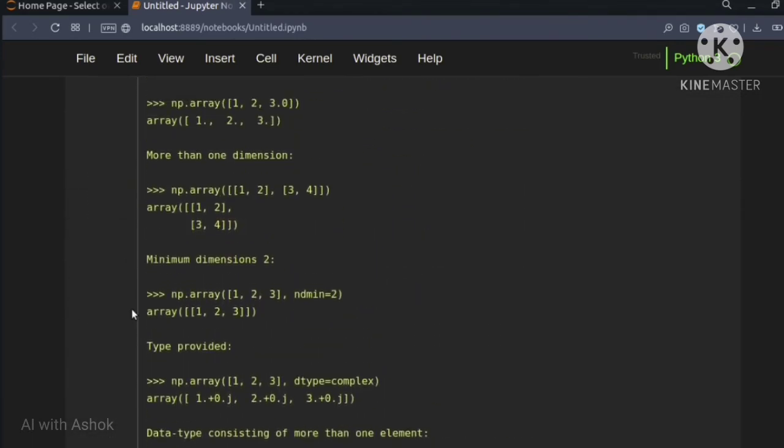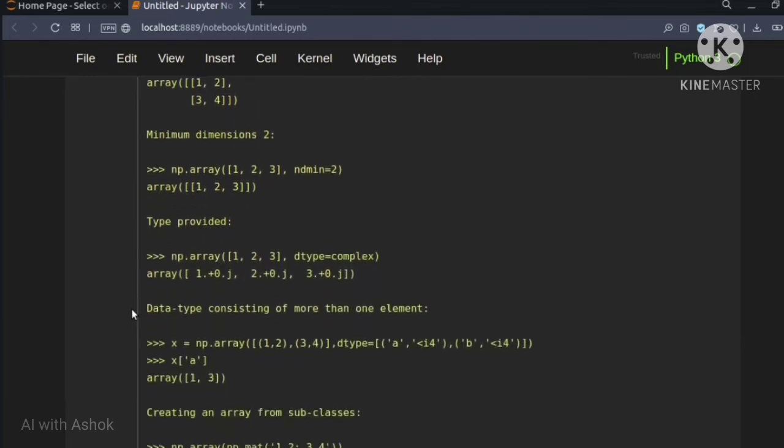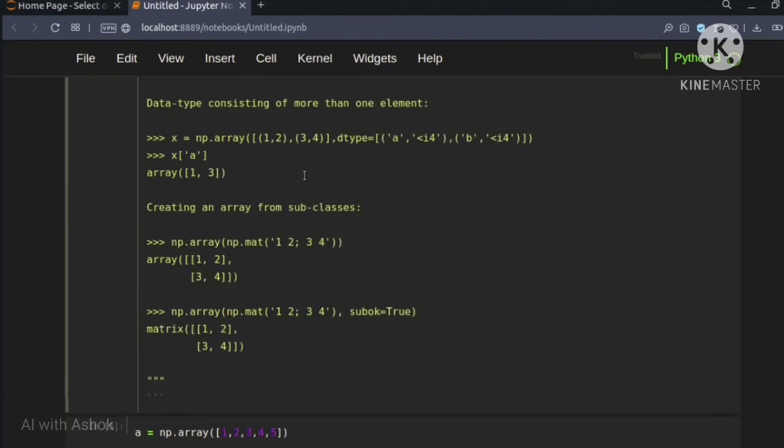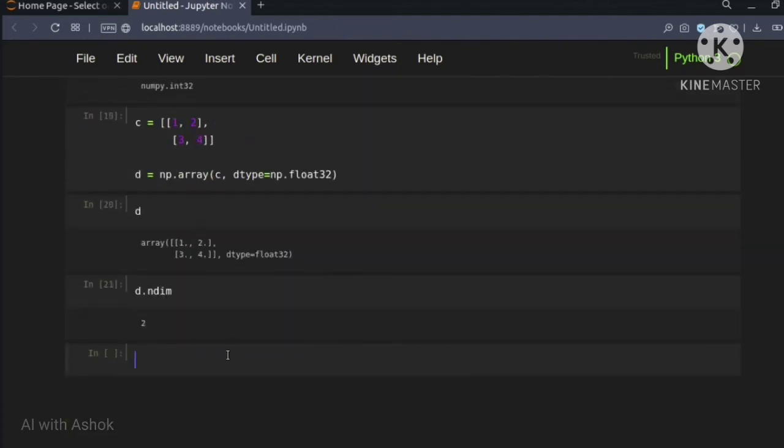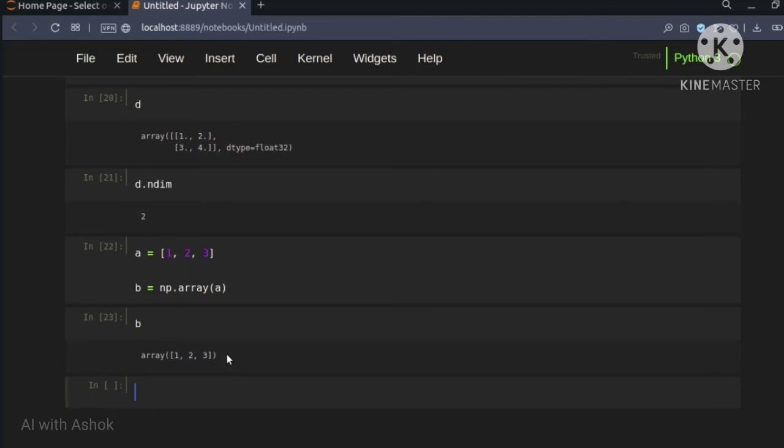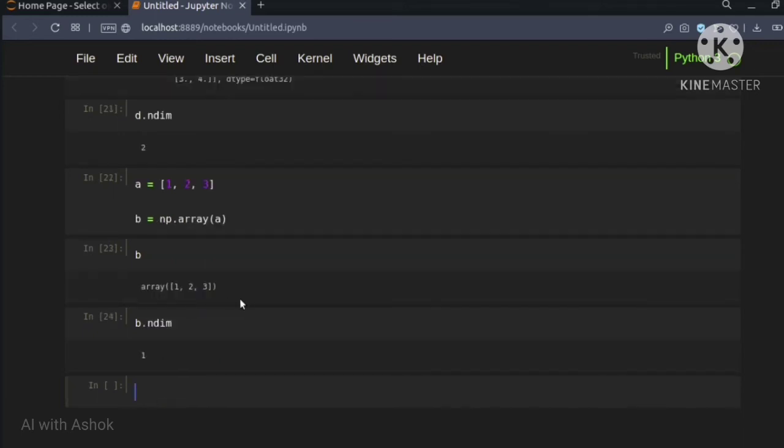And then our next example, minimum dimension. So we are going to operate with this ndmin option. Let's create a list as a is equal to 1, 2, 3. If we convert this into a NumPy array, it will have a dimension of 1.